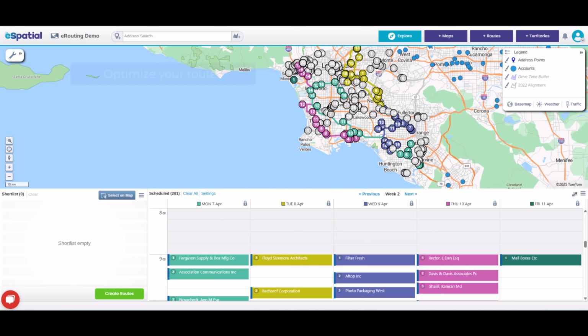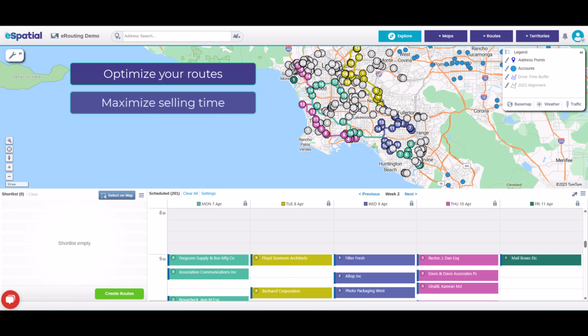Multi-day routing allows you to create optimized and efficient routes for your trips. We use intelligent algorithms to select optimum stop order and save you time on the road. Multi-day routing allows you to visit more clients and spend more time with your clients, as it allows reps to identify the fastest way to get from one account to the other.